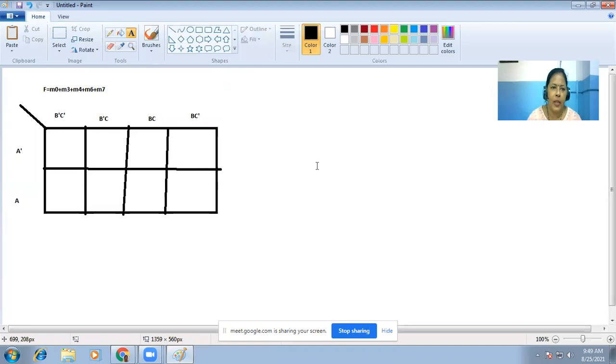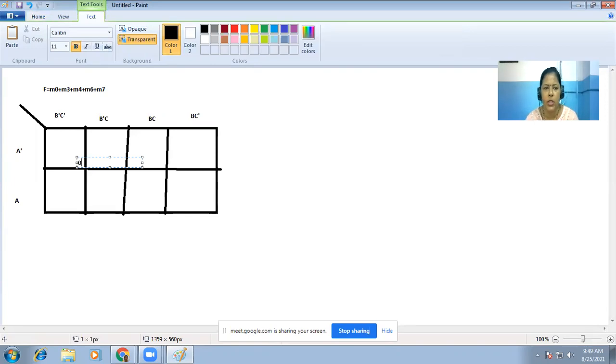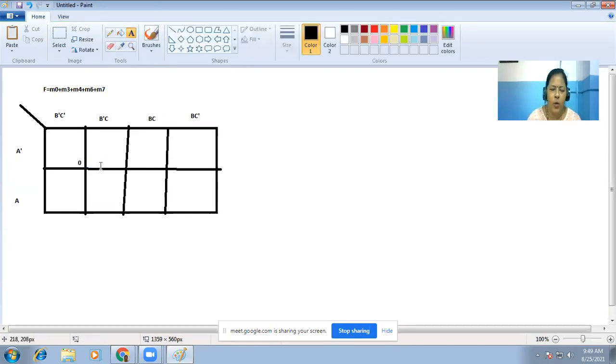Now, A bar, B bar, C bar: this box corresponds to which min term? 0, 0, 0. That means this box corresponds to min term 0. So you can also mark these boxes with the min terms.